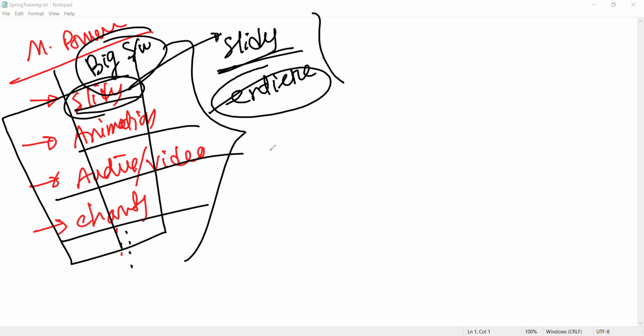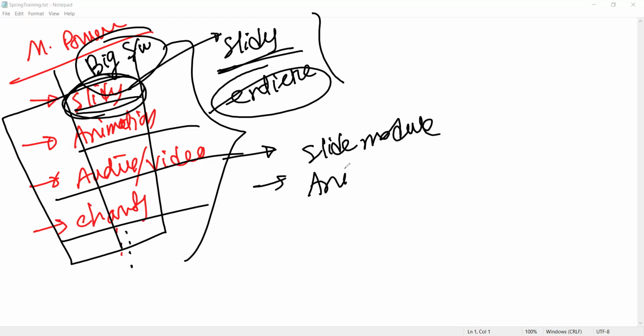But suppose Microsoft created PowerPoint like this: a slides module, an animation module, a video, audio or multimedia module, a chat module.